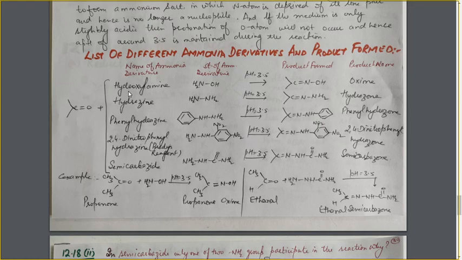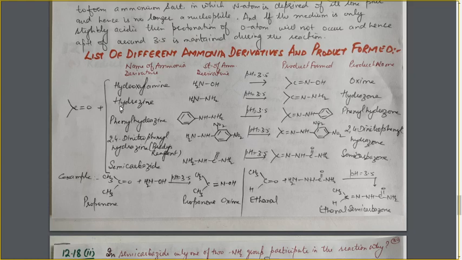How will the reaction take place? We have seen in the above part that if we look at the net reaction, this H2 will be lost with this oxygen atom as H2O. There will be loss of this H2O molecule, and the carbon and nitrogen form the double bond. So this product is formed in weakly acidic medium, and the product formed is known as oxime.